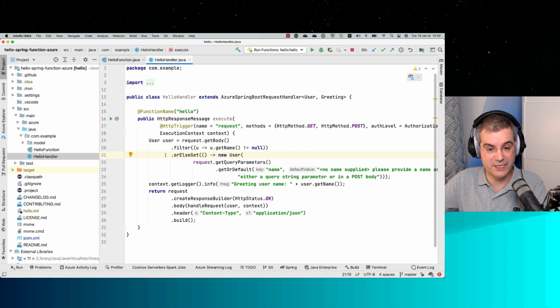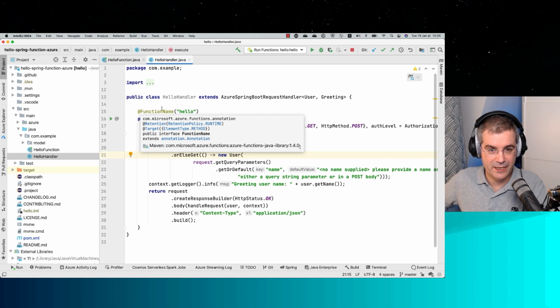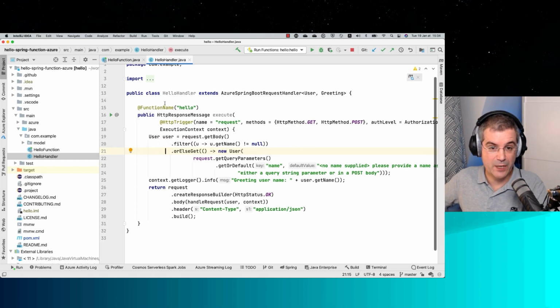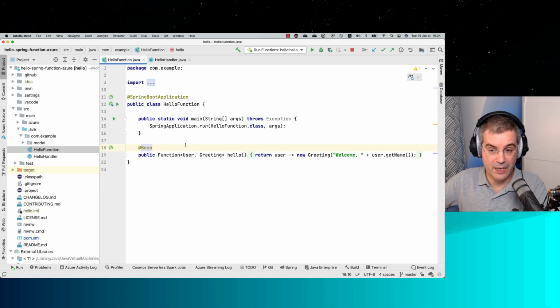We would like to suppress it, basically. But today, you need to use it. And this file, as you can see, the annotation, it's a Microsoft annotation. That annotation is the link between Azure Function and Spring Cloud. So what you need to do today is to create those two files. There is one which is specific to Azure and which basically maps your application to Spring. And then you are in the Spring world.